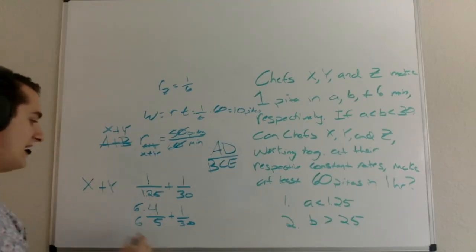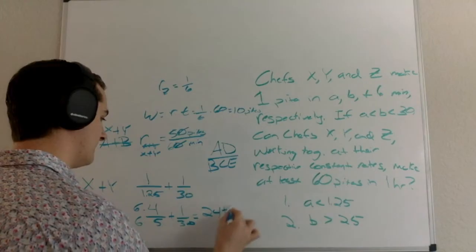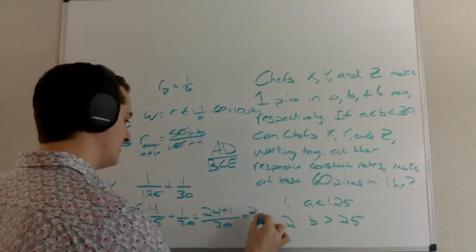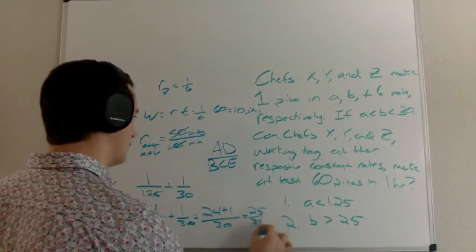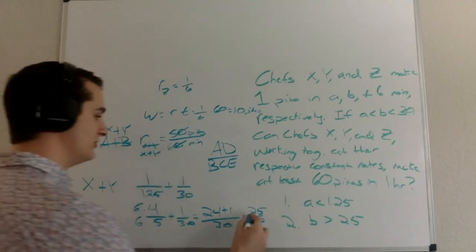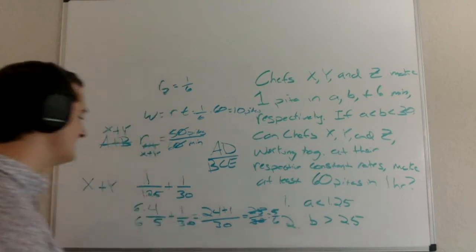And what I find is that I'm going to have 24 plus 1 over 30, which is really equal to 25/30. And actually, that tells me 25/30, of course, is equal to 5/6,